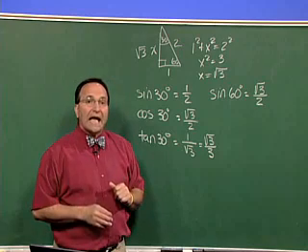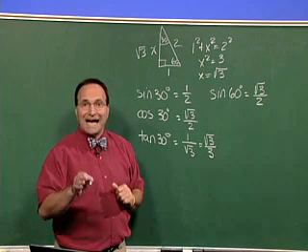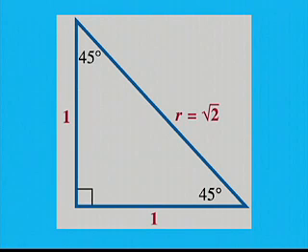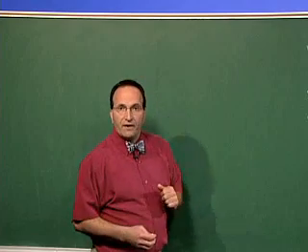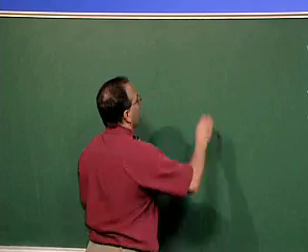Now let's take a look at the 45, 45, 90 triangle. What we have this time is an isosceles triangle where the two legs are each equal to 1. The two angles that are in the non-right angle are each, of course, 45 degrees, and that means that r is equal to the square root of 2. So if I wanted to then find the trig functions for the 45, 45, 90 triangle,